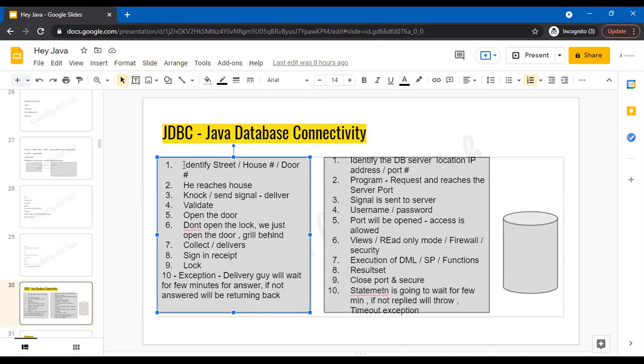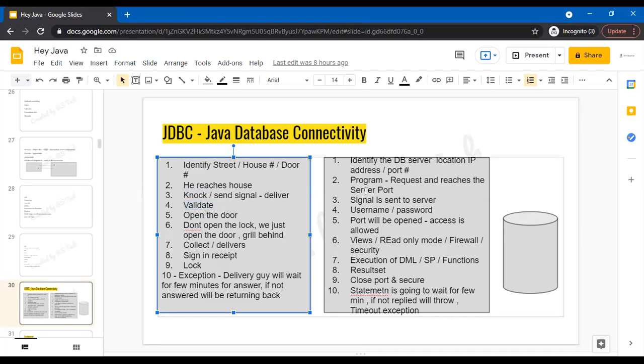So for JDBC connectivity, I gave the example of a delivery or courier, and how we receive it. Every step, he knocks on the door. What does it mean? We validate first, without opening the door, whether the person is genuine or not. Every single step which we do in the real world will be done by the server also.